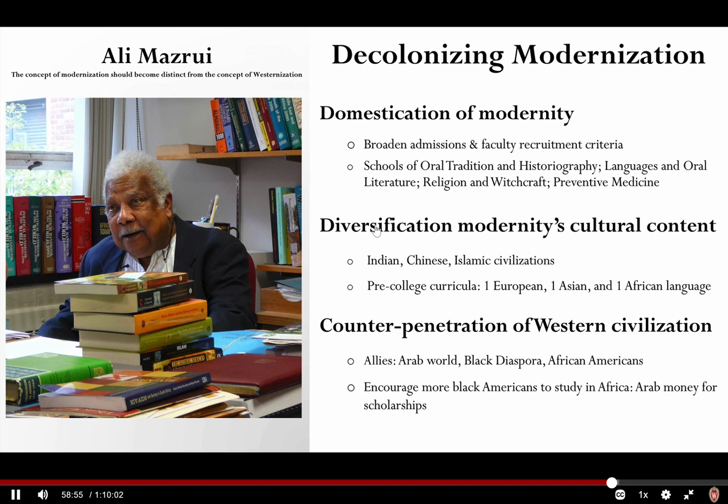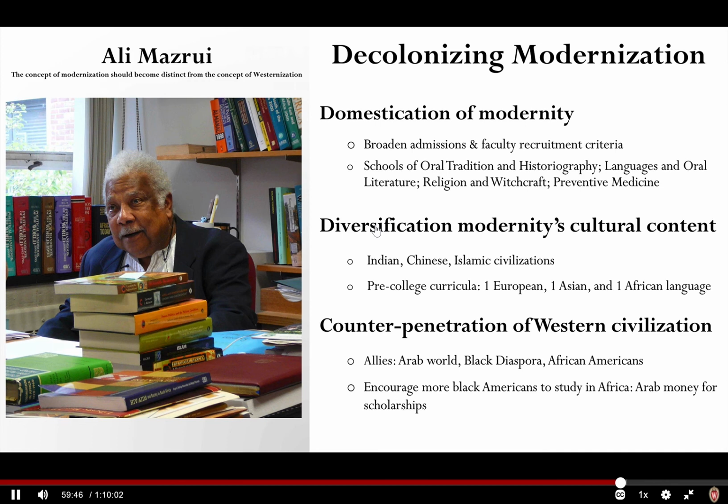And he talks about decolonizing modernization, and he has 3 ideas that I want us to consider as we conclude this lecture. The first one is what he calls domesticating modernity. And by that he means we need to think in African countries about broadening admission and faculty recruitment criteria. Much of what is happening right now is you need to earn a PhD to get into an academic track where you become a professor or work as a teaching faculty member in universities, or at least in some places a master's degree. So Ali Mazrui is talking about, let's identify people who have